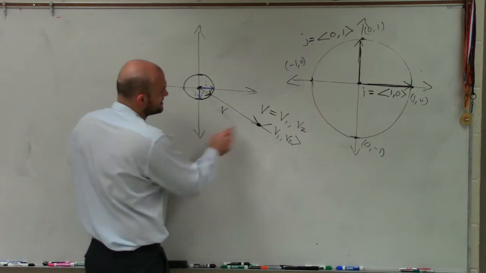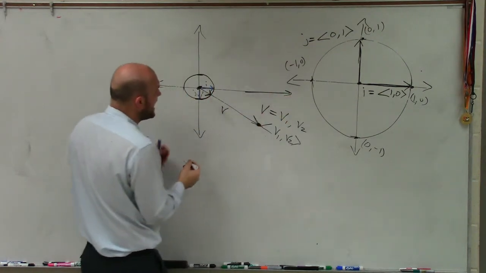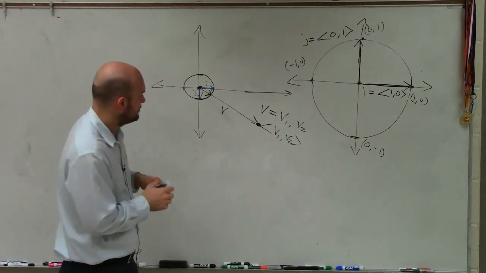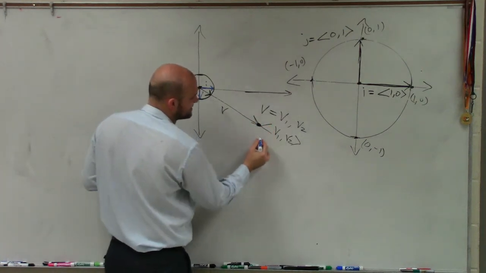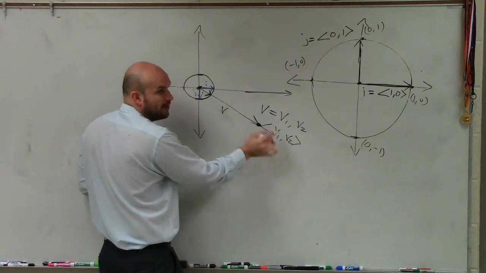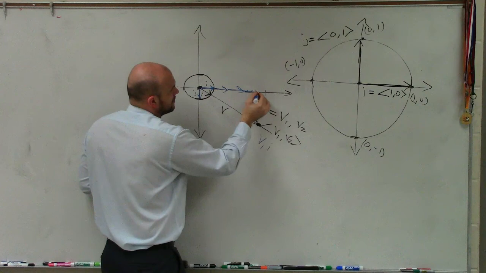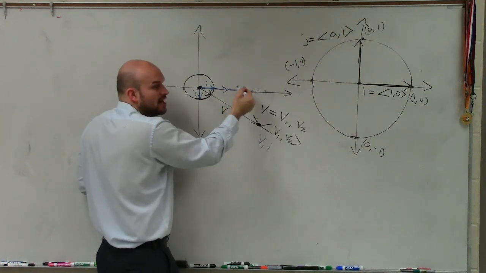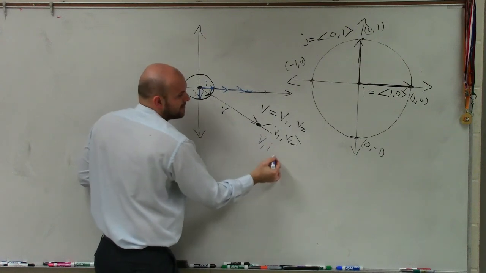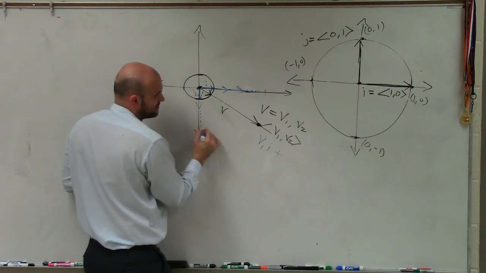So what I can do is, here's my point, right? So how many i's do I have to get over to this point? Well, the number of i's at this point is going to be v1 i, right? Because it takes v1 times to get over here. 1, 2, right? It's going to take v1 number of unit vectors to get to this point. So we'll say v1i plus how many unit vectors is it going to take for us to get down here? And that's going to be